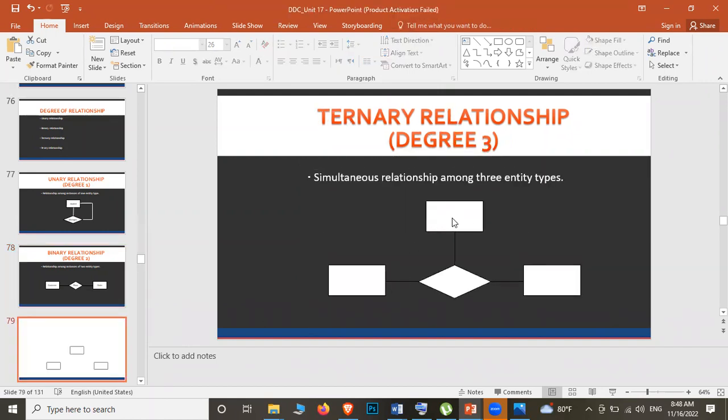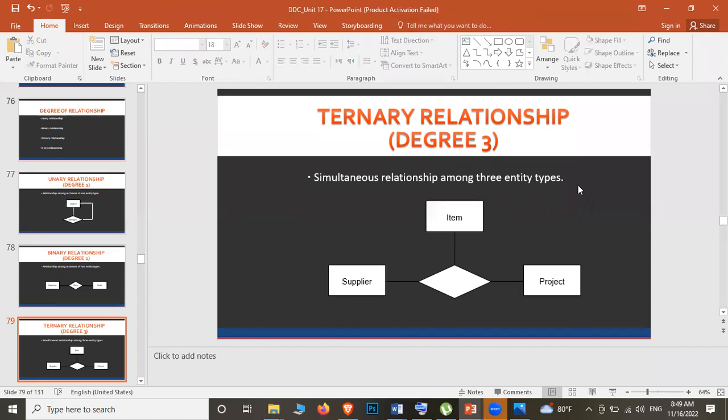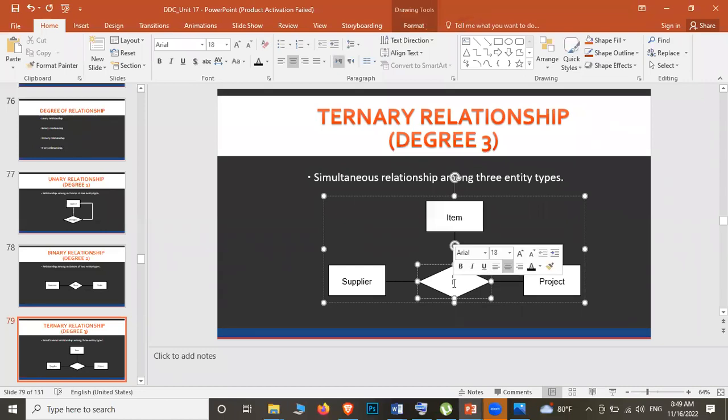And then we have something called ternary relationship. Ternary relationship එකක් කියලා කියන්නේ more than two. Okay, entities තුනක් තියෙනවා. ඒ තුනටම අපි simultaneously relationship among three entity types. හරිද? Same relation for all the three entities. Suppliers supply කරනවා items නේද? items supply කරනවා projects වලට, suppliers තමයි supply කරන්නේ projects වලට. හරිද? So suppliers supply projects, suppliers supply items. Am I clear? Okay, වගේ එකක්.